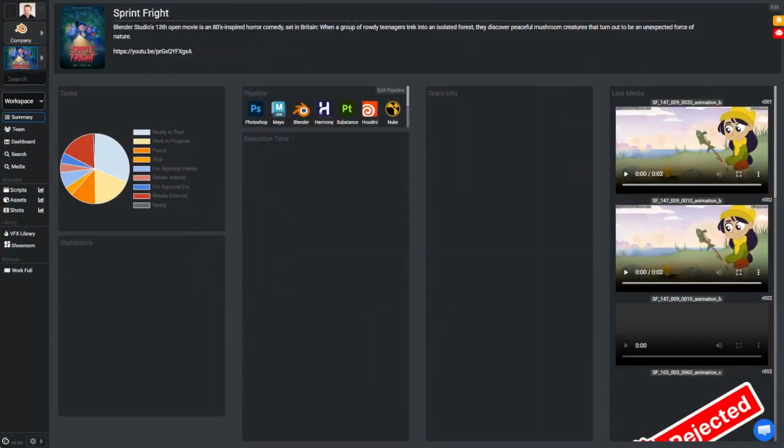Pipeline Pro was created with the idea of being a complete operating system for production, in such a way that it is not only designed, like its competitors, to provide solutions for production tracking systems, but also to cover the entire life cycle of a project.